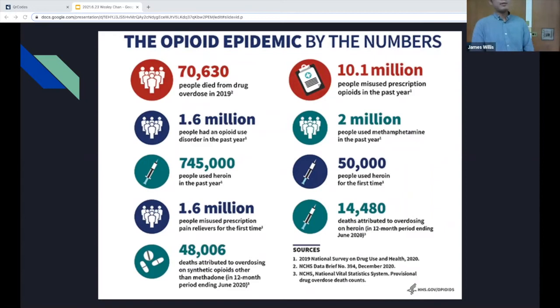This is some of the data from 2019 from the Health and Human Services Department about the opioid epidemic. The data shows the opioid epidemic is still alive and current. We do have a decent amount of patient population who are heroin and opioid users, not as much compared with some other parts of the country, but just be aware of this for our patient population.